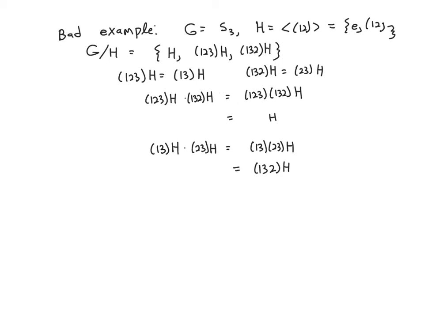So let's multiply these 2 cosets together. According to our operation, the result is what happens if I multiply their representatives together. And the 3-cycle (1 2 3) and the 3-cycle (1 3 2) are inverses of each other. So this product is the identity. But on the other hand, I should